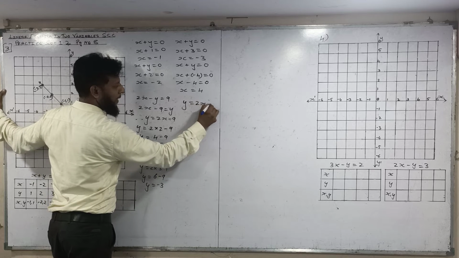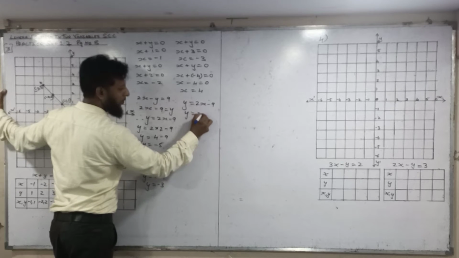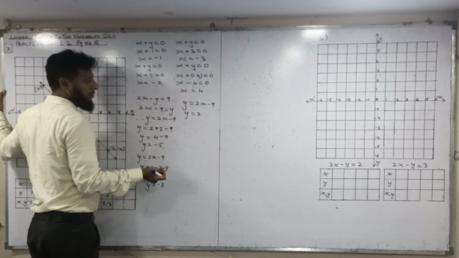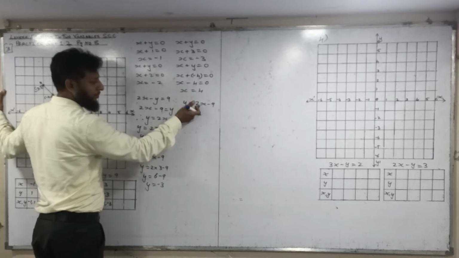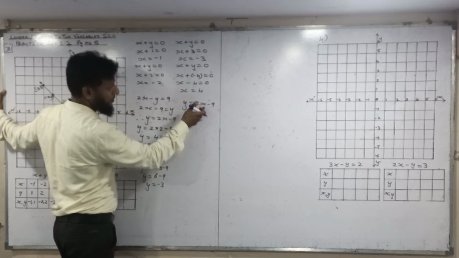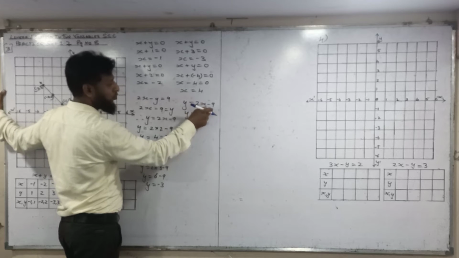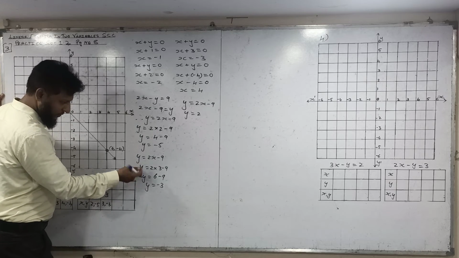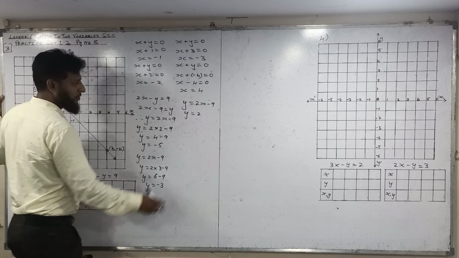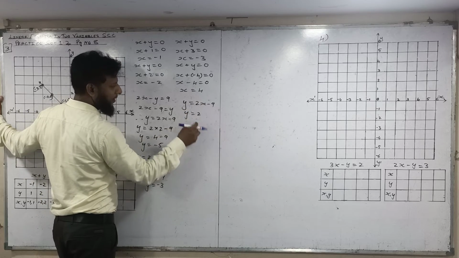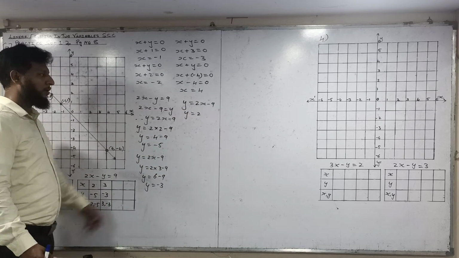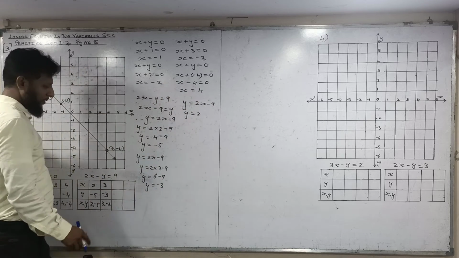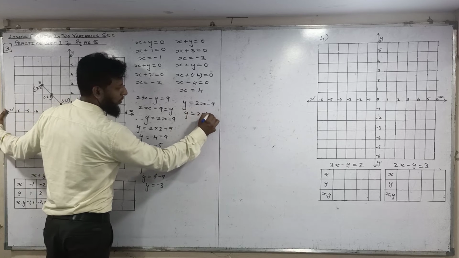Now again y is equal to 2x minus 9. Here, take one negative value. If you take minus 1, 2 ones are 2, minus 2 and minus 9, minus 11. Cannot plot on this graph. So now which value have I taken? 3. So I will take 0 also. If I take 0, the minus 9 will come. You can take x value 0 in your textbook, so you will get the y value minus 9. So now I am taking x value 4.